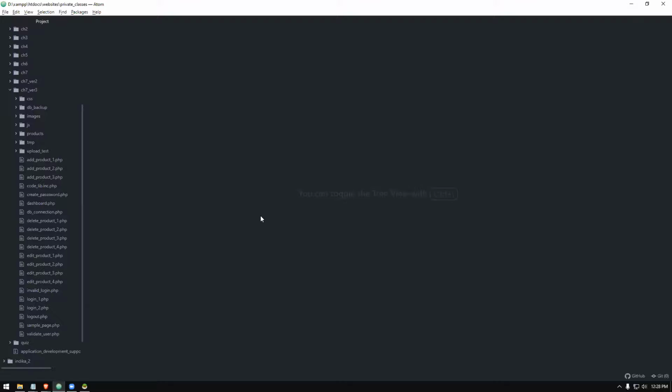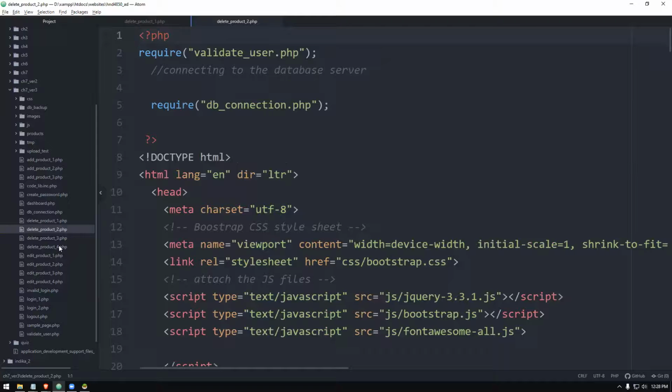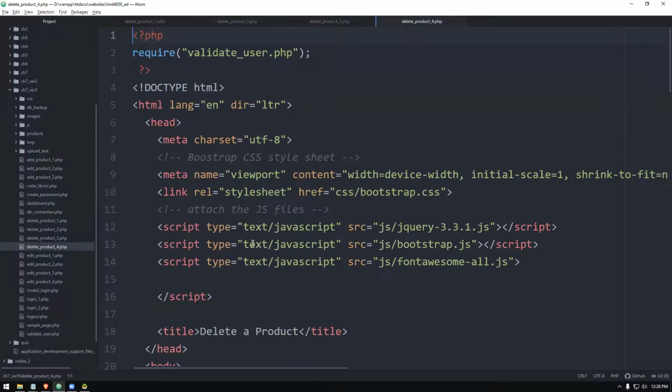So I'm going to go to the project files, and once I finish, I'll give you the files so you can work on them. I am opening my delete 1, 2, 3, and 4 pages just for convenience. In the delete one page, I don't have to do anything.